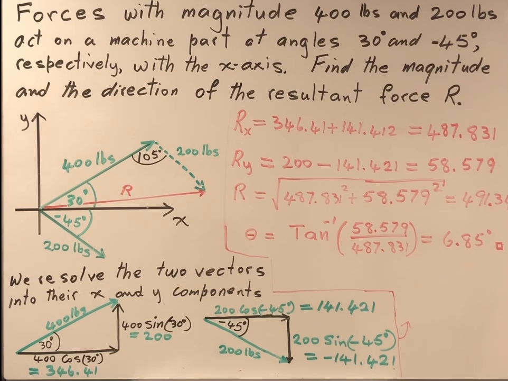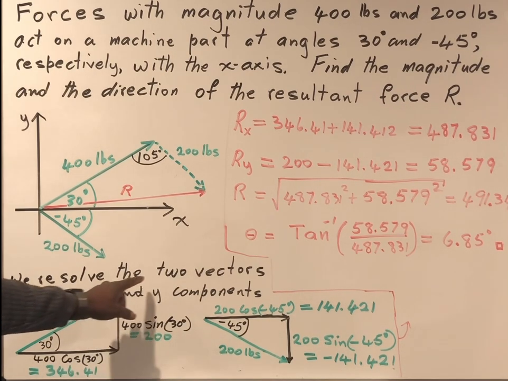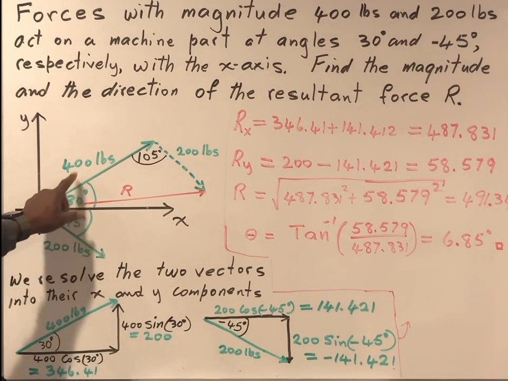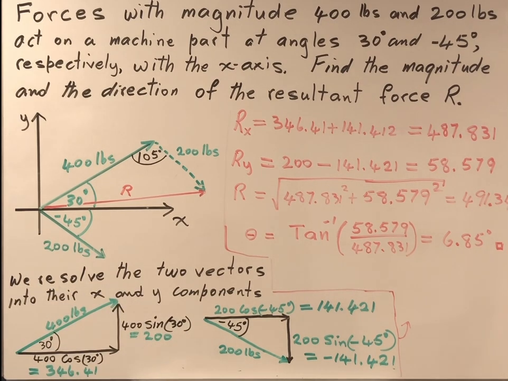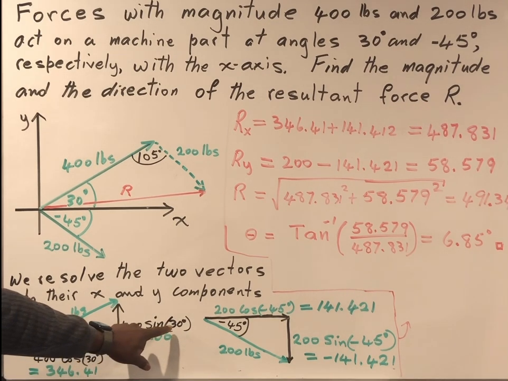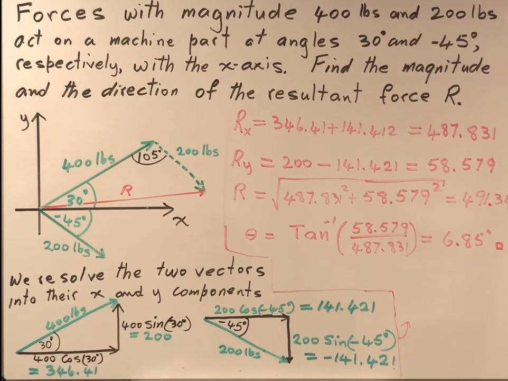So what we want to do here is resolve these two vectors, the 200 pound and the 400 pound vector, into their x and y components, as we did in the previous example. So here we have the 400 pounds, that's the vector, and here are the two components, the x component and the y component. Since this angle is 30 degrees, this side would be 400 times the sine of 30 degrees, which comes out to be 200 pounds. And this would be 400 times the cosine of 30 degrees, which comes out to be 346.41